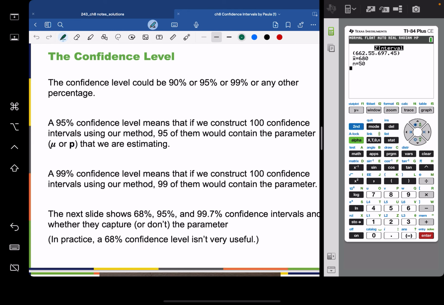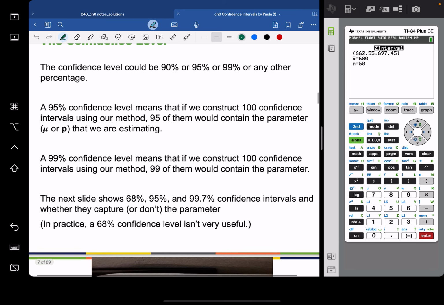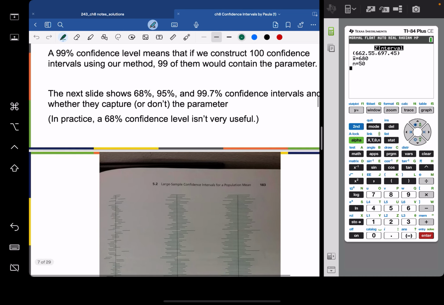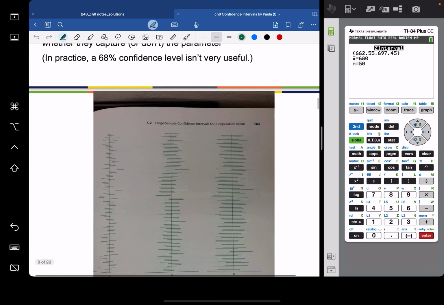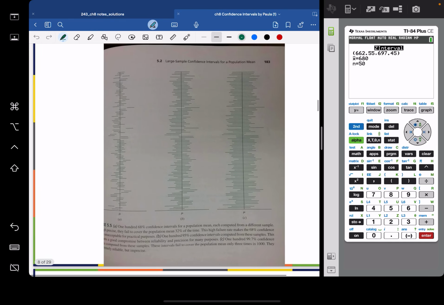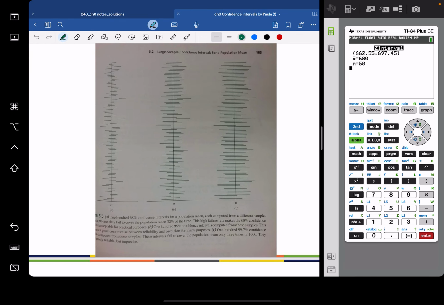The next slide shows 68%, 95%, and 99.7% confidence intervals and whether or not they capture the parameter. Now, a 68% confidence level isn't super useful, but these are the percentages from the empirical rule, so that's where you've seen those particular percentages before. So this is from maybe our textbook or from another textbook, I can't really remember, but I took a picture of the page. Basically,